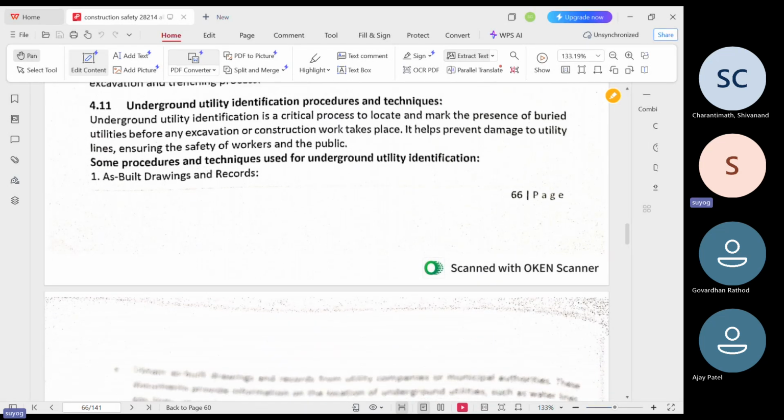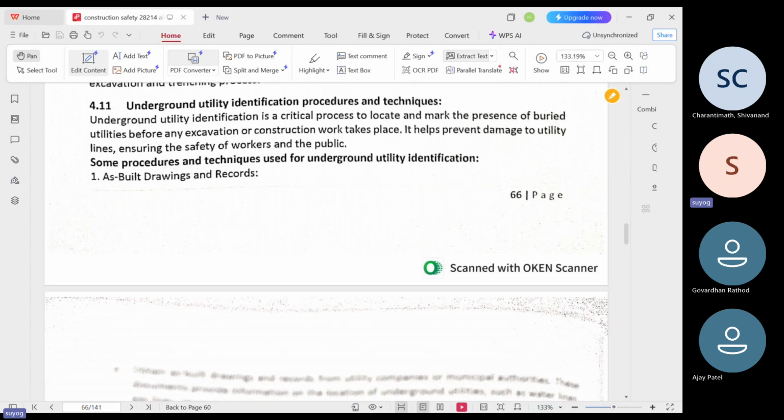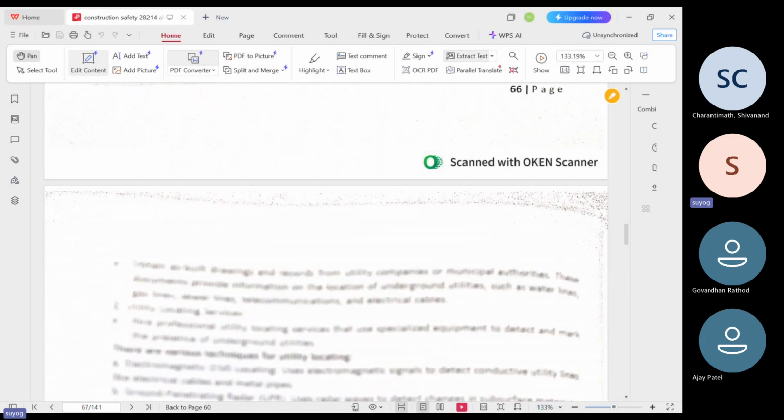Then 4.11, underground utility identification procedure and technique. Underground utility identification is a crucial process to locate and mark the presence of buried utilities before any excavation or construction work takes place. It helps to prevent damage to utility lines, ensuring the safety of the workers and public. Some procedures,